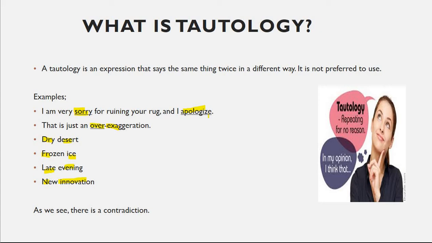That's why these adjectives in front of them are unnecessary. And here your friends, the owner of this presentation, say that as we see there is a contradiction. But unfortunately, I correct this mistake. These are not contradictions. These are not examples of contradiction. These are themselves examples of tautology. A contradiction is something different.